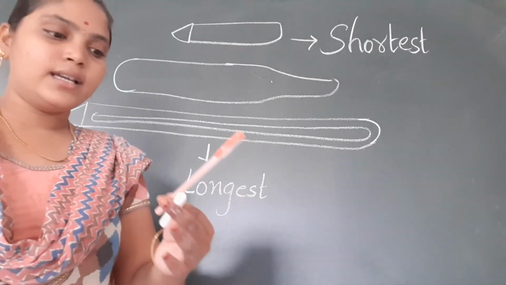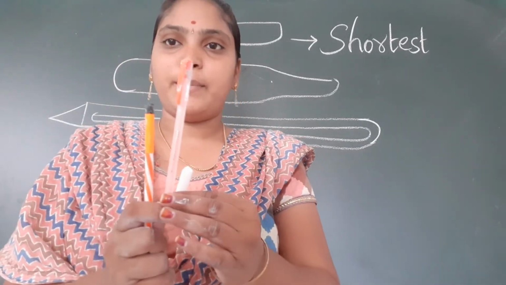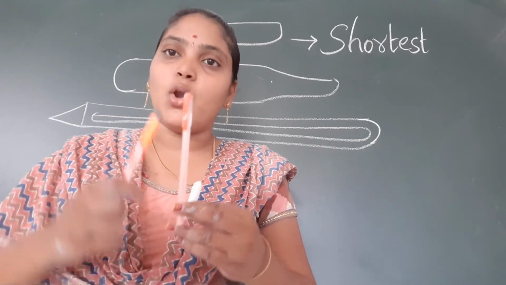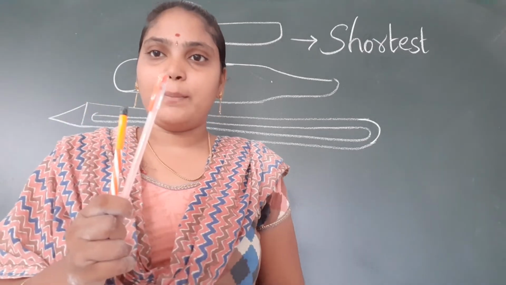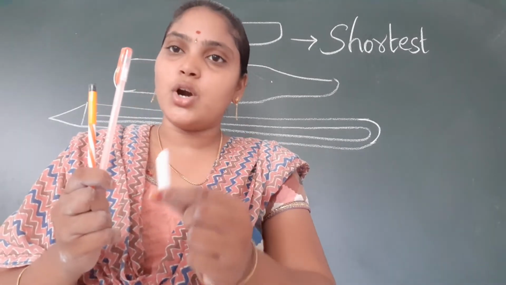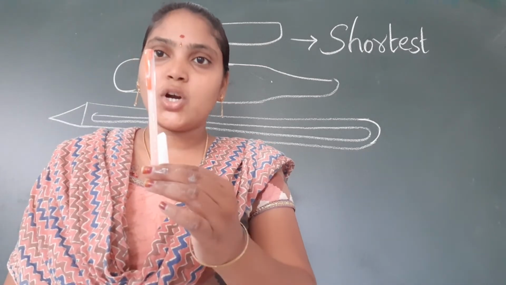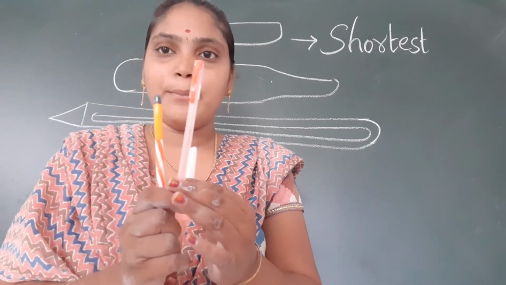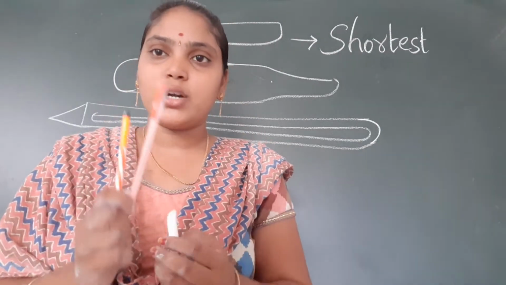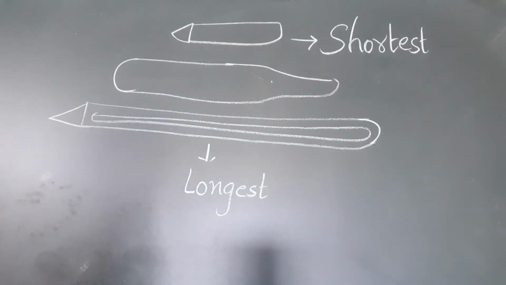we can say that, so here now I am comparing three children, chalk piece, pen and pencil. Now what we have to say? Pen is longest object and chalk piece is shortest object. When we compare only two, we can say shorter and longer. But when we compare more than two, here I am comparing three, chalk piece is shortest and pen is longest. You have to remember this, children.